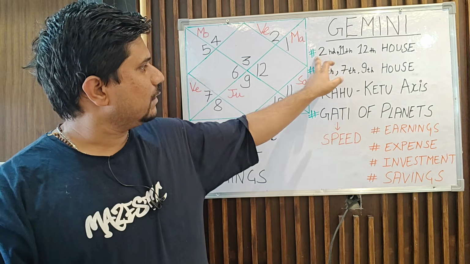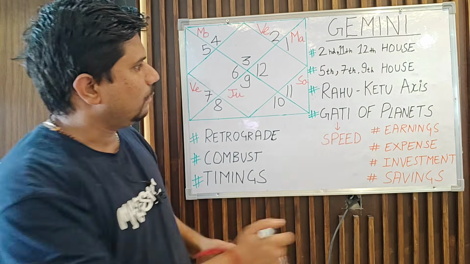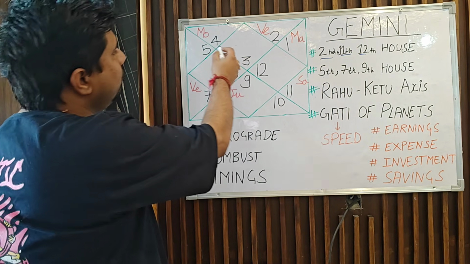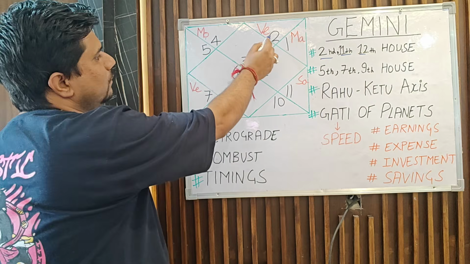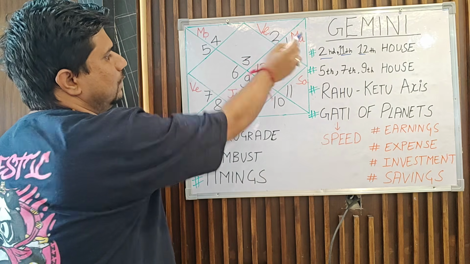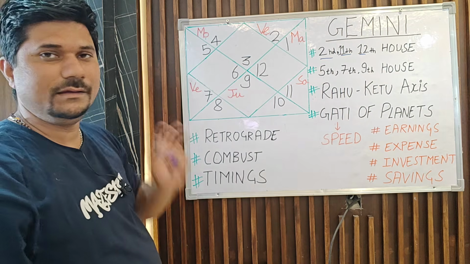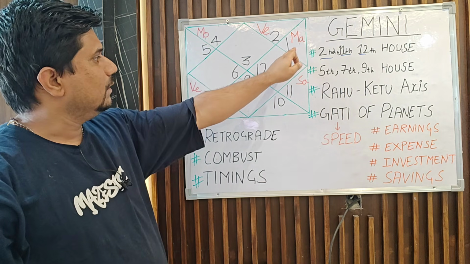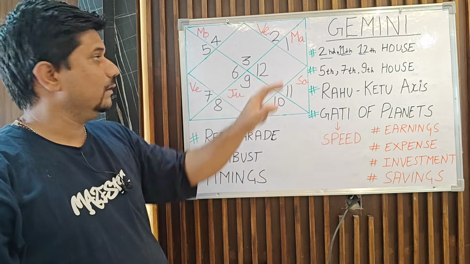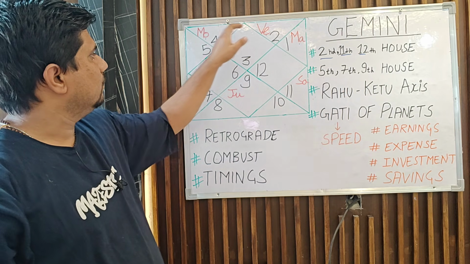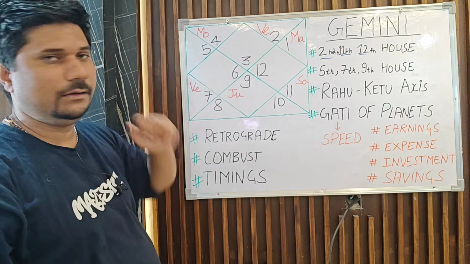So first of all, let's try to understand the topic of the 2nd, 11th and 12th houses. Now this is the 2nd house, this is the 12th house and this is the 11th house, okay? Don't look at the number. These numbers are just zodiac signs written up here, okay? It's the sign of Aries first, ruled by Mars, it's Taurus ruled by Venus, and it's Cancer ruled by the planet Moon.